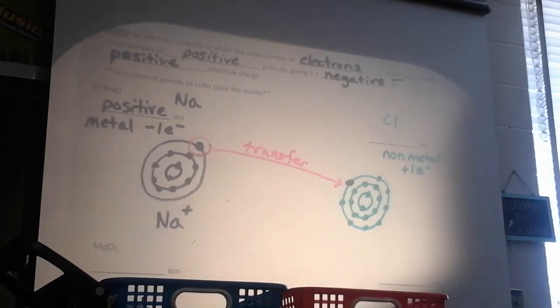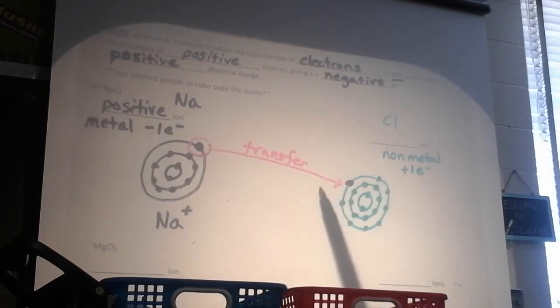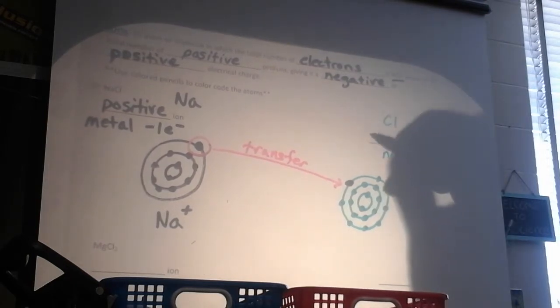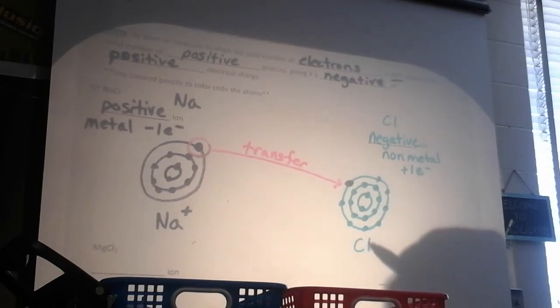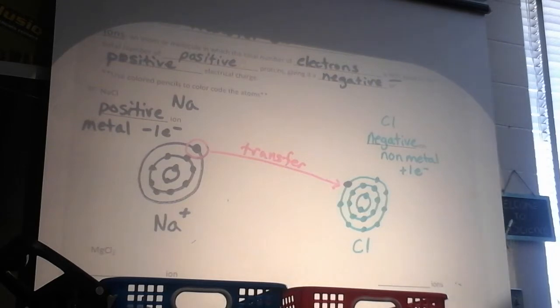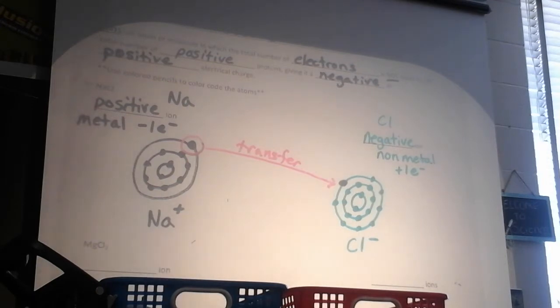Putting it together. So let's look at chlorine. Chlorine gains an electron, so now it has what charge, Elizabeth? It got an extra electron. Electrons are negative, so now it has a negative charge. Okay, so now chlorine is a negative ion. So now we have to write chlorine a different way. So now we also give it a superscript. But instead of it being positive, it has a negative. And so now our chlorine is negative, and our sodium is positive, and ladies and gentlemen,